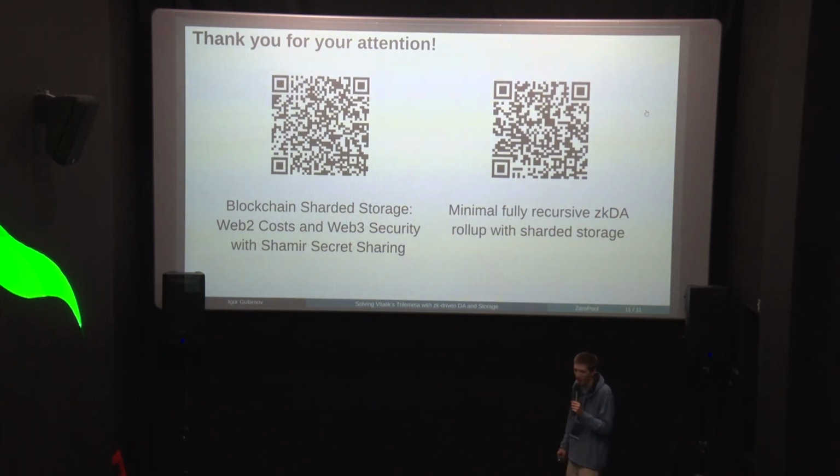That's a good question. On this layer with ZK SNARKs, we can prove only that if 50% of nodes are honest, then with high probability the data could be recovered. But to make a fast content delivery system, we can add an additional layer.